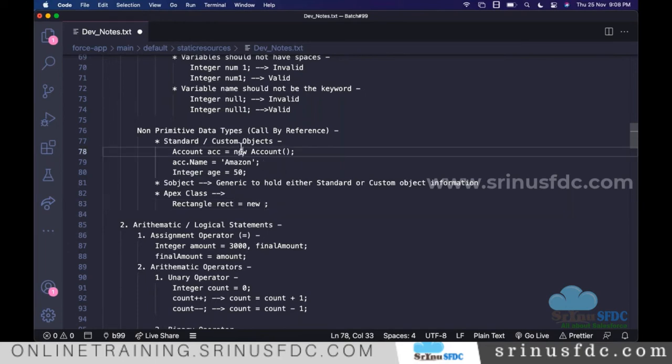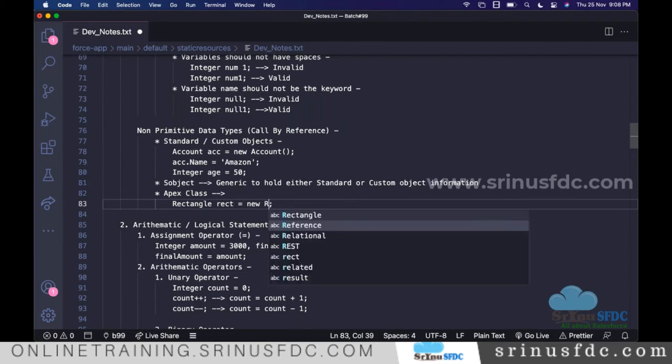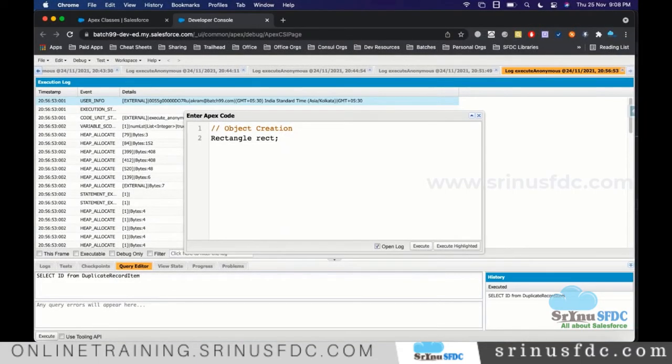On top, I created it the same way, and here is the name of the class. So the same thing we are doing here. You can say it is a non-primitive variable, that is also correct. You can say it is the object for the class. From the perspective of object-oriented programming, we call this an object.